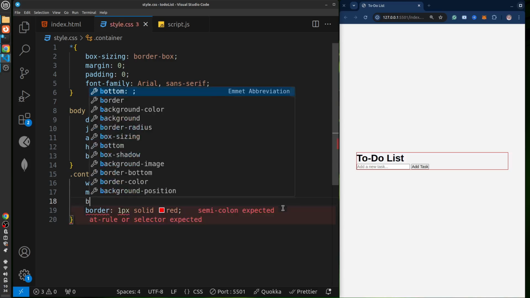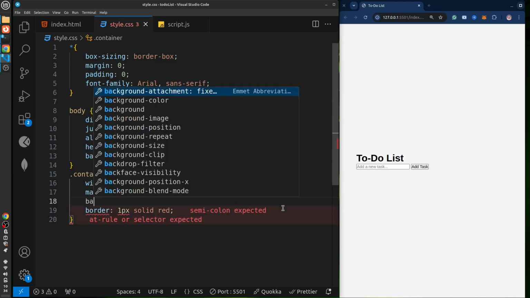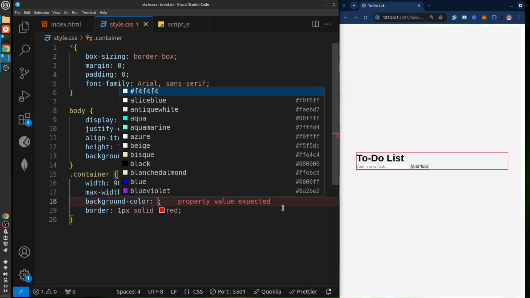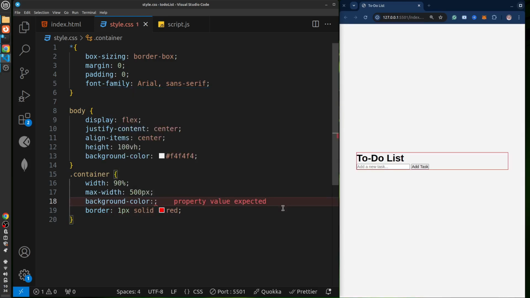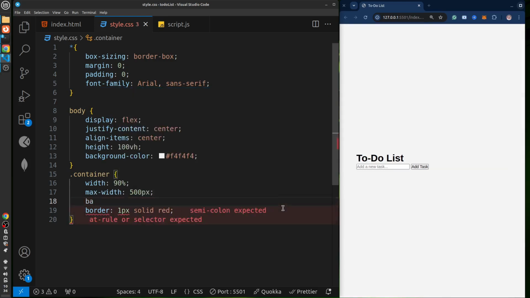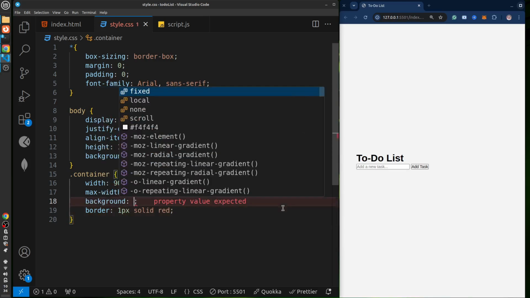Okay, the next thing we want to have is somehow a background color, or background. Let me use background. All right, some background that